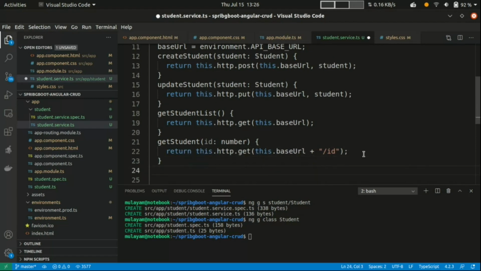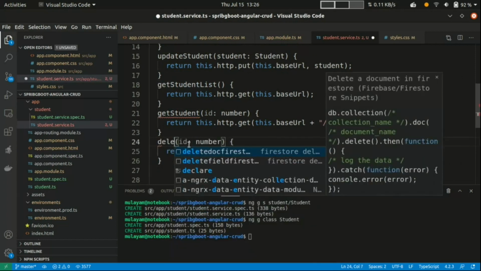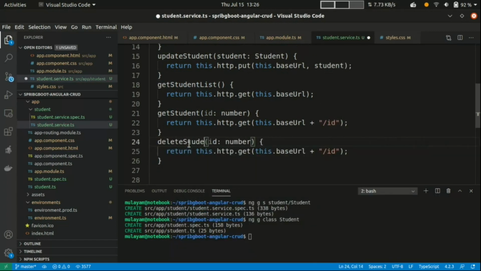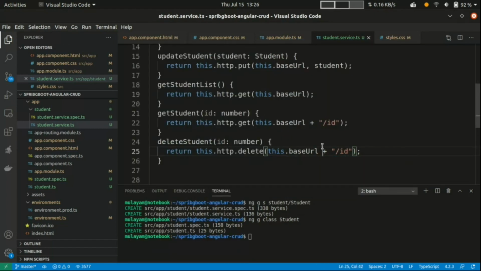It will return a specific student which has this ID. And now I want to delete a student, so we have to call it in the same way, just change the method name to delete student, and the HTTP method is delete. That's it. So it will take the URL and I'm sending here the delete request.